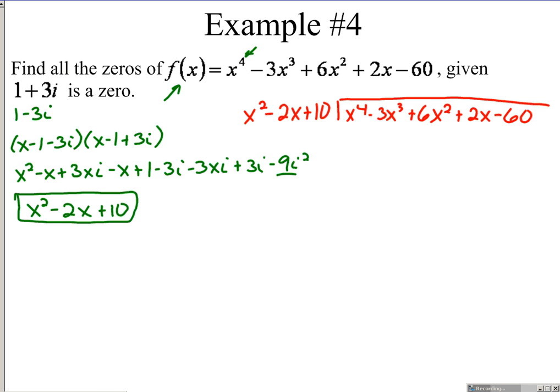Go through your long division. What times x squared equals x to the 4th? X squared, multiply that through to everything here. X squared times x squared, times negative 2x, x squared times 10,